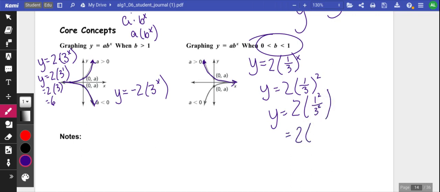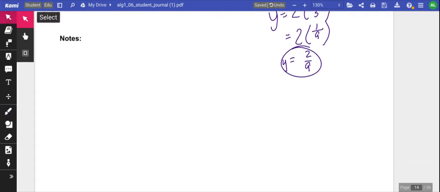Okay, 1 squared is 1, 3 squared is 9, and then 2 times 1/9 is 2 over 9. So that y would be 2 over 9. Okay, just to give you some examples of what some of these equations can kind of look like. All right, so let's go into some